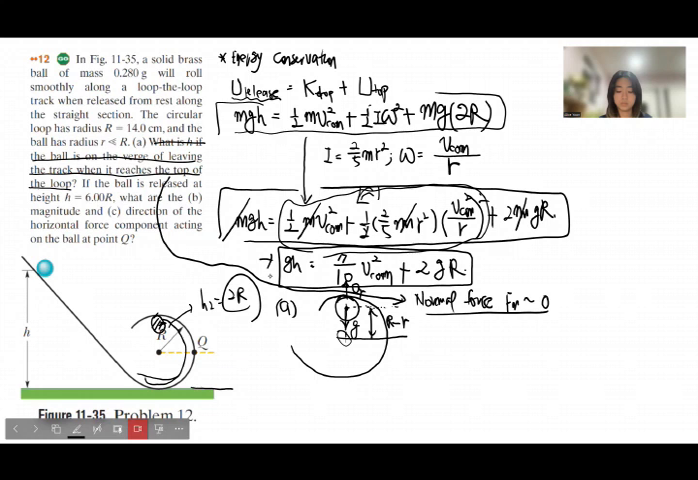So the ball is on the verge of leaving the track when it reaches the top of the loop. So you have to use this condition to solve the problem. Gravity should be the same as m times a_r, the centrifugal force. So a_r